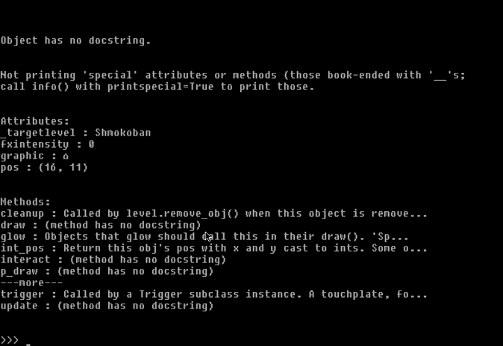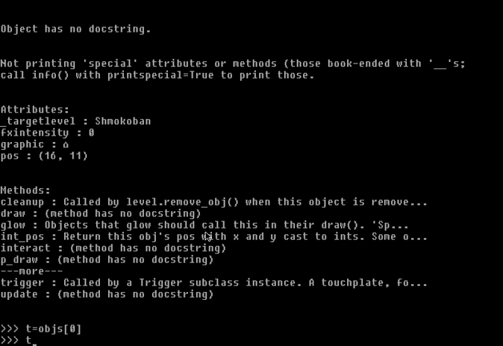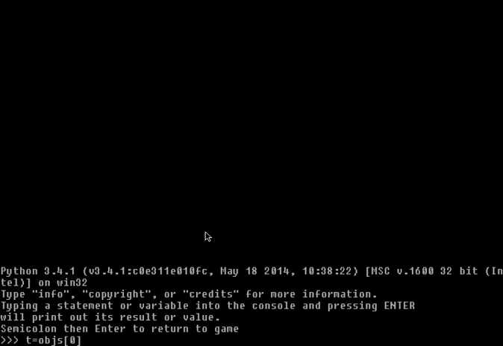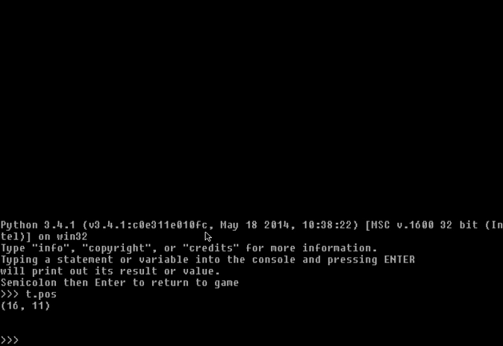So let's see what we can do about that. Let's pull out obj0 for convenience's sake. T equals obj 0. T dot pause. Well, we need to move it a little bit to the left. So let's just decrease that left number. Well, t dot pause now equals,